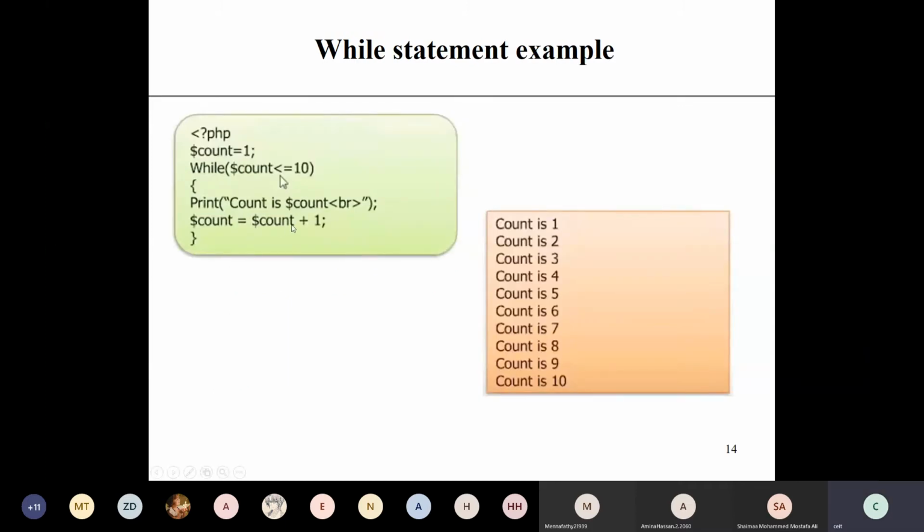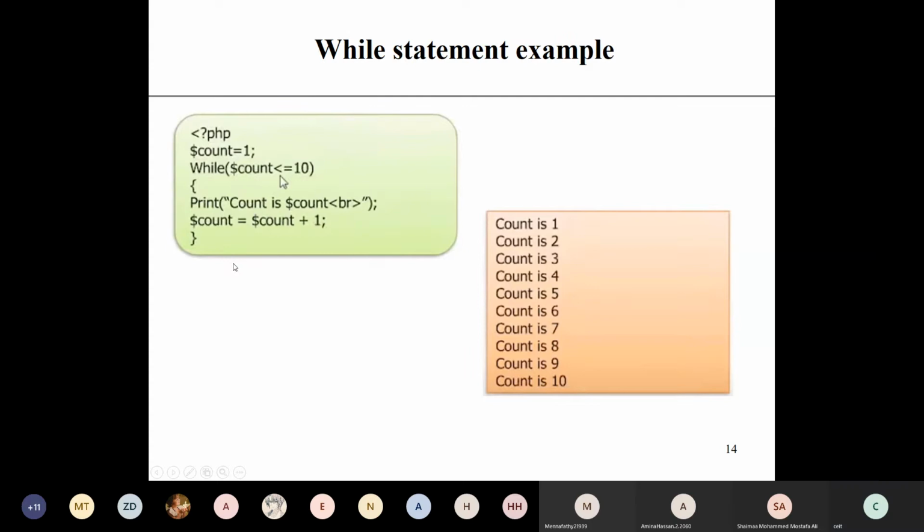This is one small example of a while loop. I have initialized count equal to 1. My condition is count less than or equal to 10. This condition will start from 1 and end when the value becomes 10. Once this condition becomes false, it will come out of the loop.